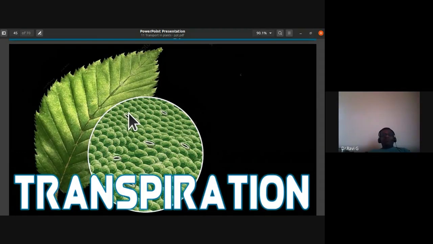See, transpiration, you find the stomata. When you take the leaf epidermal peel, sometimes when you peel the leaf in a cross way, you find a transparent membrane either below or above. So that transparent membrane, you just cut it and place it under microscope. That is the epidermal peel, we call it as, where you can see this epidermal layer with stomata.